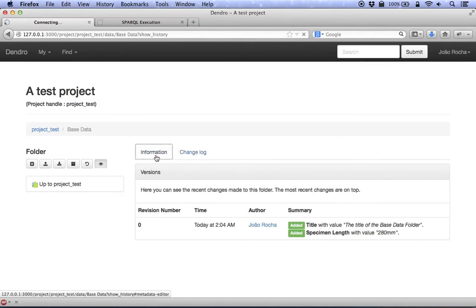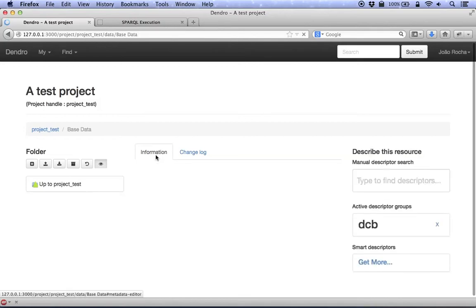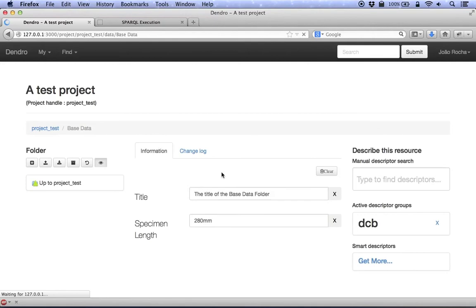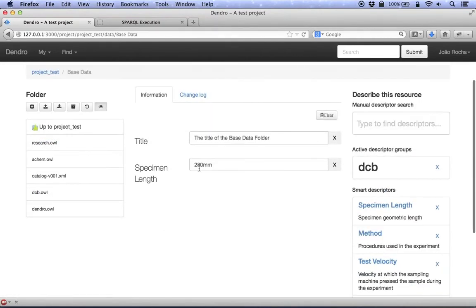If I go back to the information area, the metadata editor area, I'm sorry, this is really slow because my computer is quite old, and this is running a virtual machine and running the server and all this on my laptop, and also recording the screen, so I'm sorry. So if I edit one of these values, let's see, instead of 280, it's 300 millimeters, for example, I can save the value,